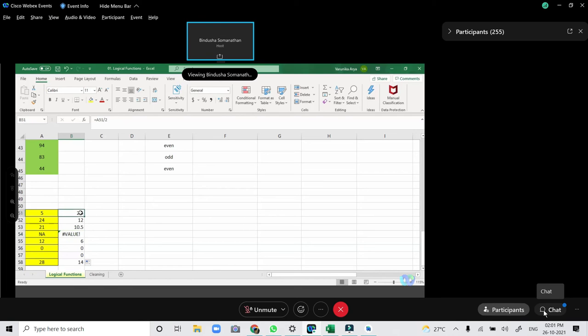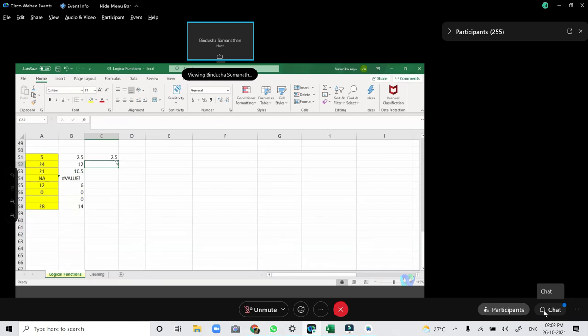Okay, so here it was simple division. You use this simple division by 2. If this value returns an error, in that situation you want a blank value in return. So it will work for eligible or right values in the same format. However, in case of error, it will return a blank value.